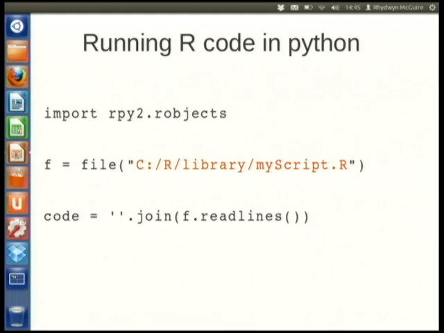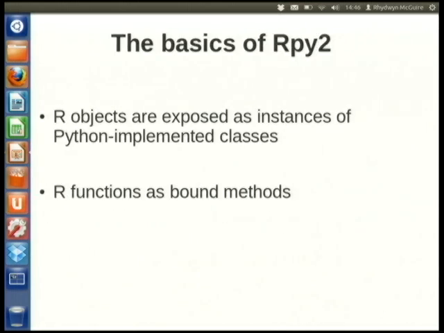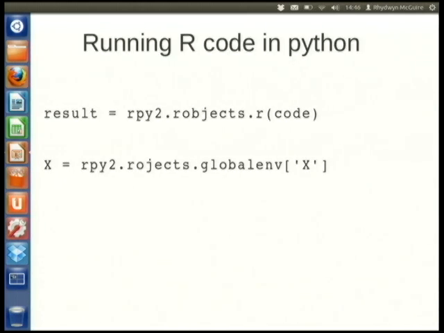You can just read the script in as a string, and then collect the result, and then you can pull variables out of the global environment. You can also pull variables out of specific environments within that R code. I just haven't put this here.